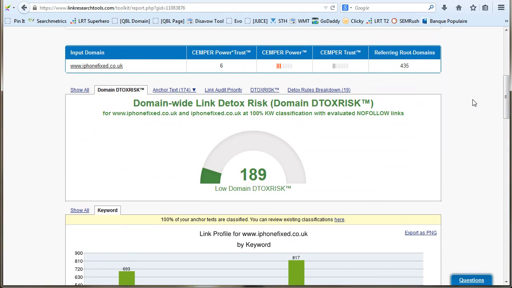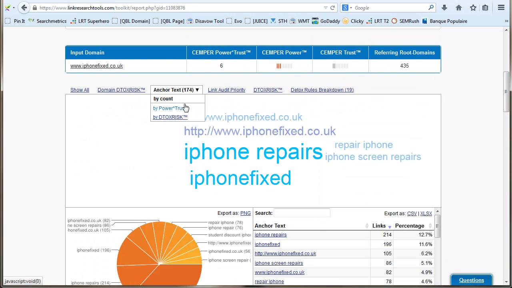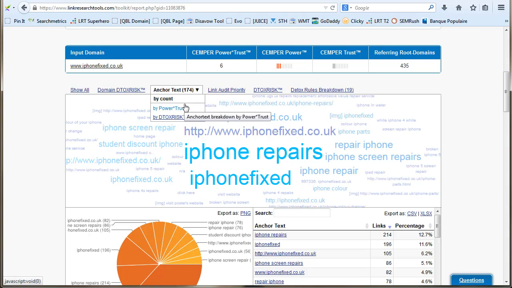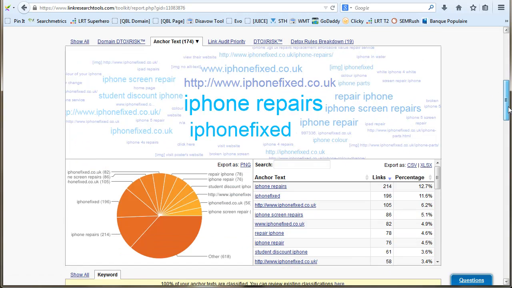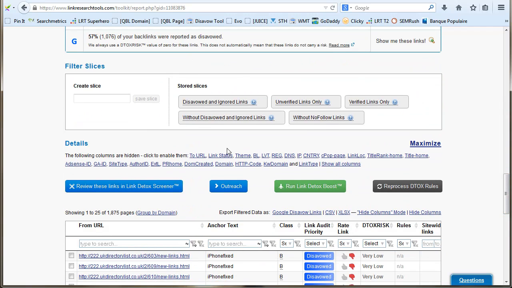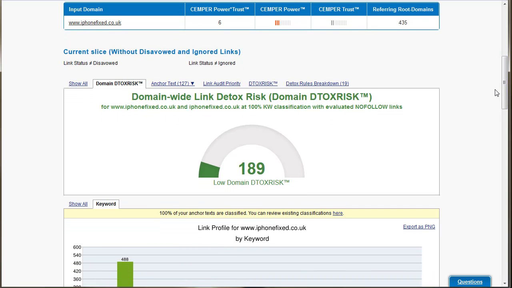So for example, how things are at the moment, you've got iPhone repairs as the most popular key phrase, and iPhone fixed and iPhonefixed.co.uk behind that. Now if I look at the slice of the report that doesn't have disavowed or ignored links, this would give you a much better idea of what the anchor text spread is going to look like once the disavow has been taken into place.